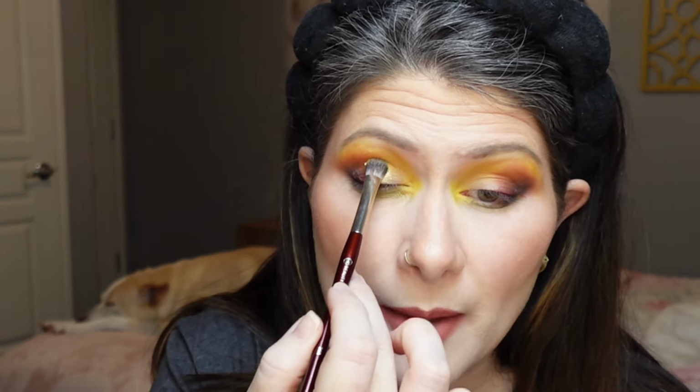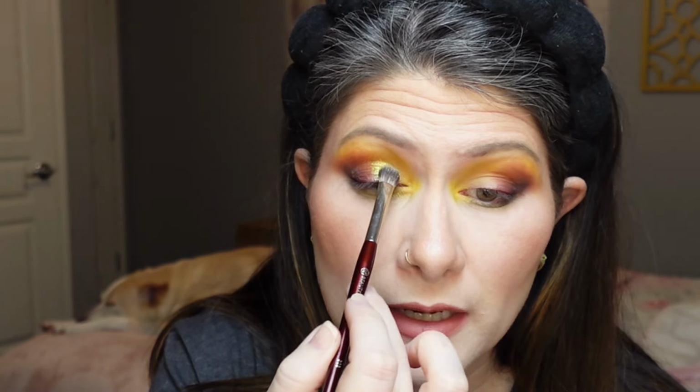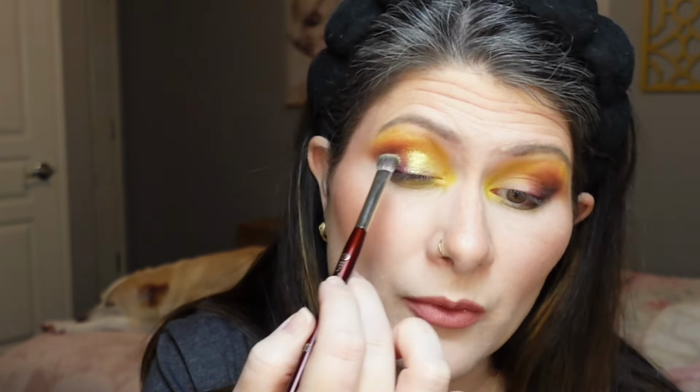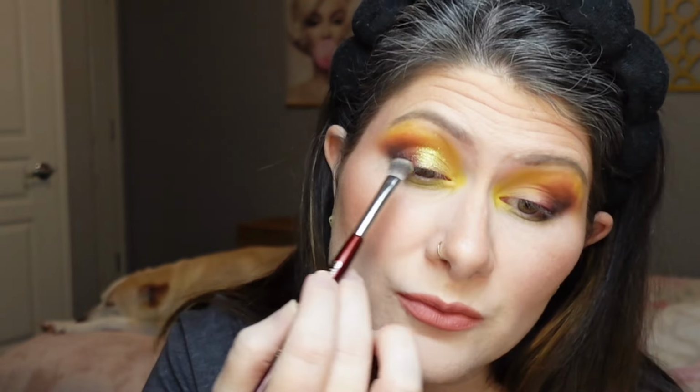I'm going to start by tapping that shade all over my lid, and then once I have it down, I can go back and start to blend it out with my brush and make sure that we just don't have any harsh lines. It's nice and seamless, nice and blended into everything else. That is really pretty. Alright y'all, so this is the completed look with the Haunted palette, and I think it